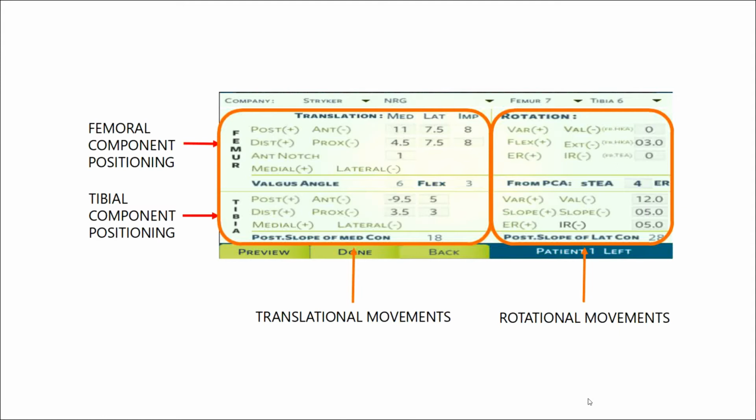The third row shows the amount of anterior notching. A positive value shows the amount of bone being removed from the anterior cortex, while a negative value shows how much gap there is between the anterior lip of the implant and the anterior cortex at the level of the anterolateral cortex anatomic landmark. There are no action buttons in this row as these values are described by the antero-posterior movements of the implant which are carried out in the first row.